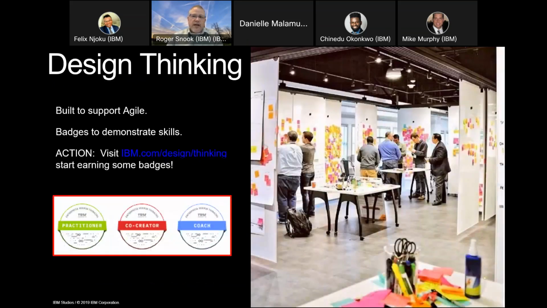And so design thinking, personally, I'm badged in multiple levels, not only a practitioner, which is actually something I also teach in a local university and have the students take this very same badge. So I've got 8 more students now up and running on their practitioner badge already this year. It's a 2-hour course, very simple set of concepts. But once again, you can begin your learning,